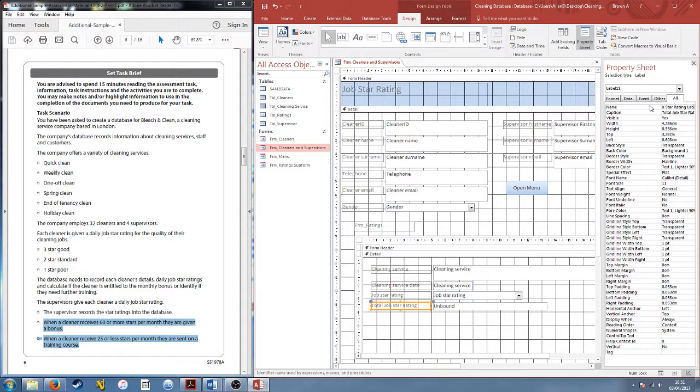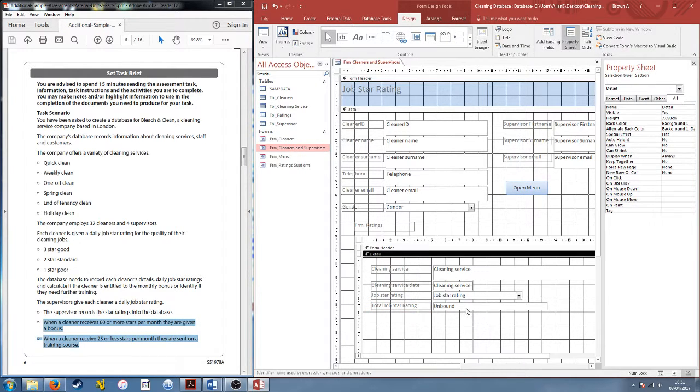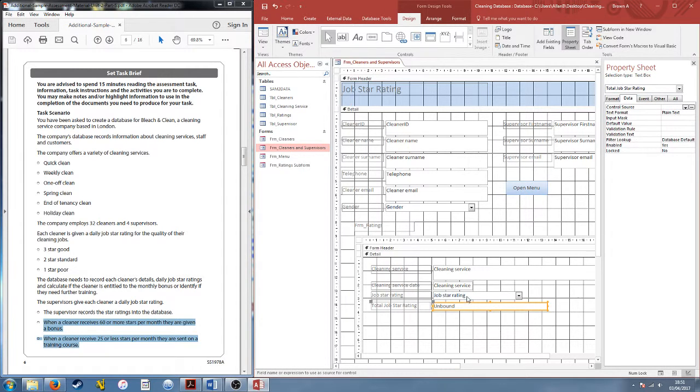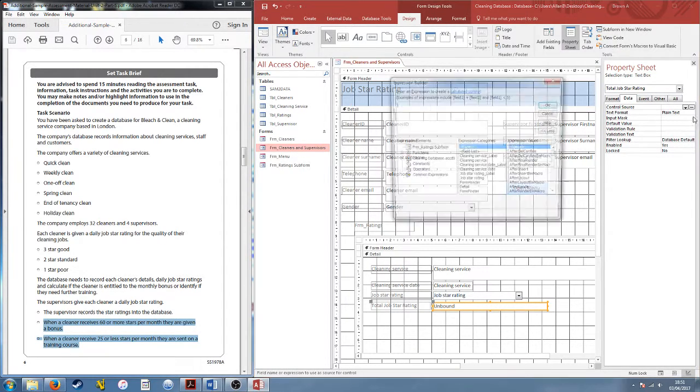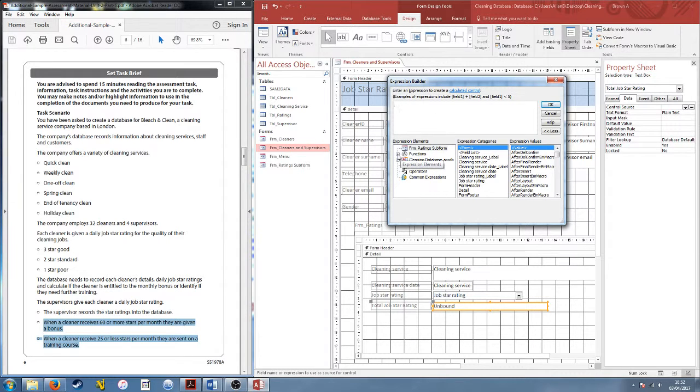job star rating label. Okay, so then what we're going to do in data of our unbound box is we're going to put our operator in and build an expression. So we go to functions, built-in functions, and we're going to use a sum function. A bit like a spreadsheet, we're going to add things together. So we click on sum, and at this stage we've not actually had to really write anything. So once we've clicked sum, it'll come up here with expression. So I'm going to highlight expression, and I'm going to go here to form, rating, subform, and I'm going to